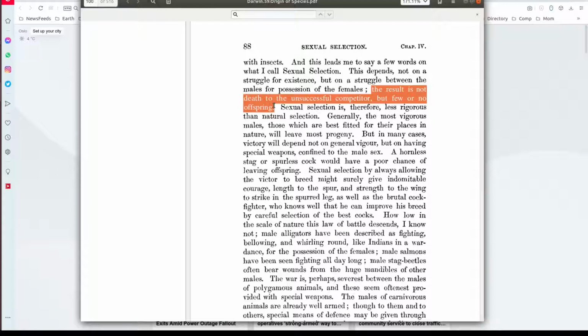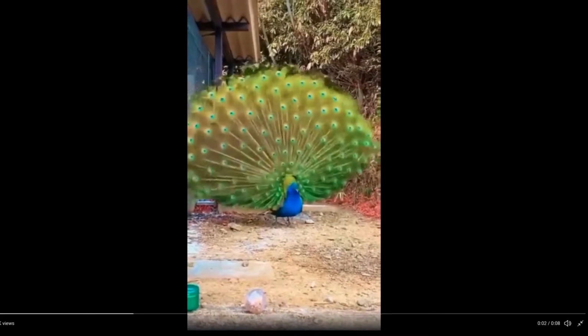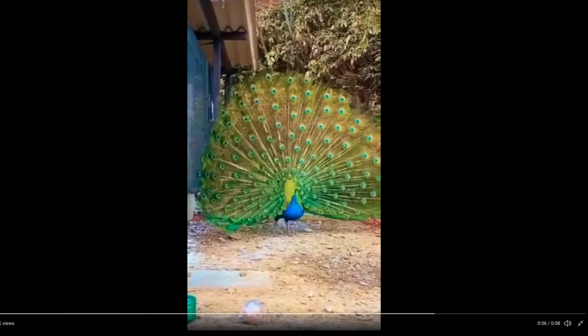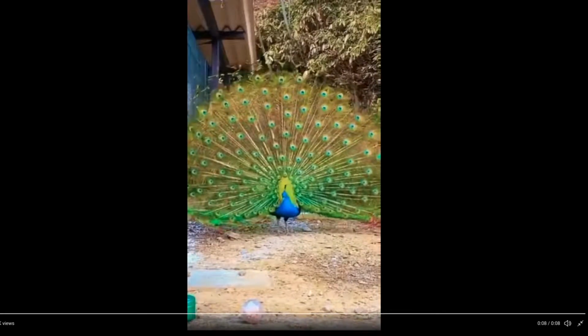All right, so Darwin conceived of sexual selection as competition between males for mates. But since his definition, the modern definition has been expanded to include competition within either sex. So the quintessential example of sexual selection is the male peacock, which has this display. And of course, the whole point is